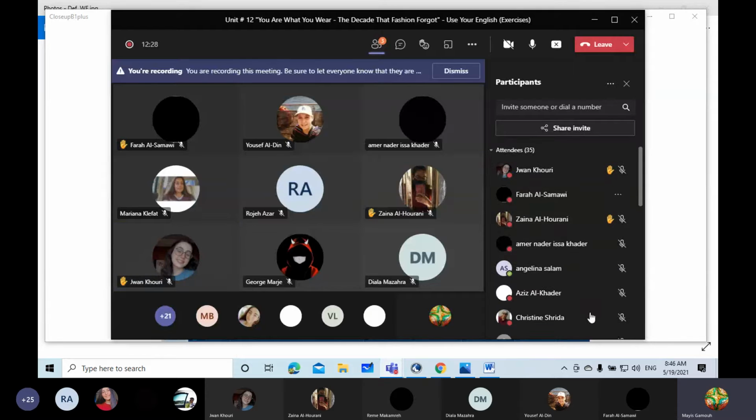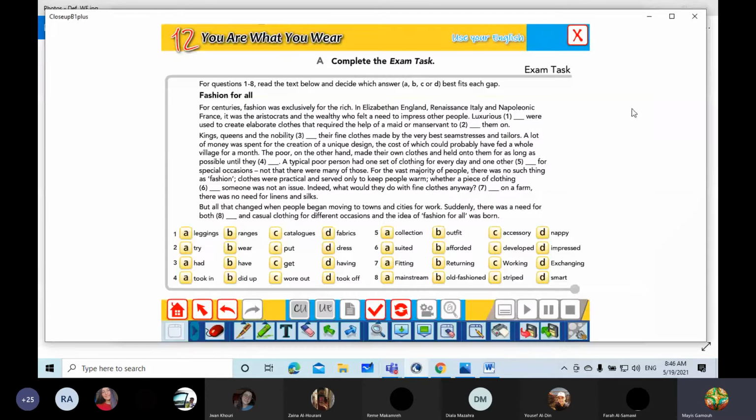Let me see hands, and I'll start with Farah. Go ahead, dear. Fashion for all. For centuries, fashion was exclusively for the rich. In Elizabethan England, Renaissance Italy, and Napoleonic France, it was the aristocrats and the wealthy who felt a need to impress other people. Luxurious fabrics were used to